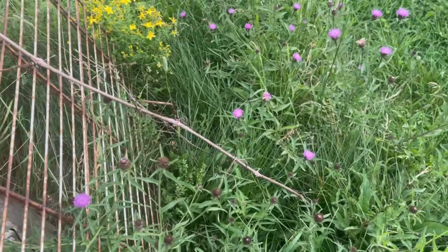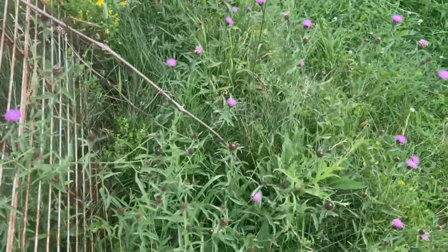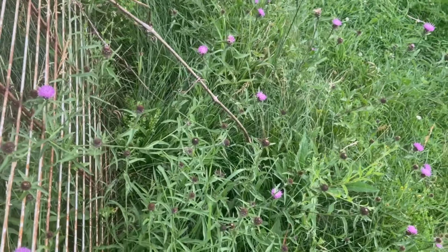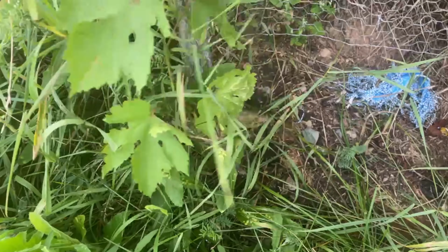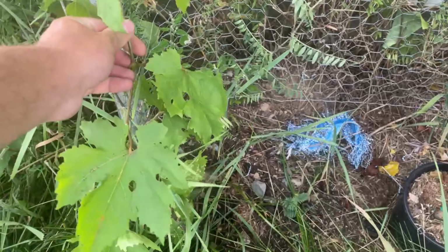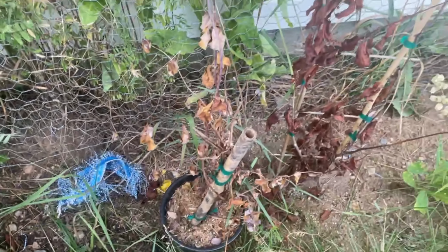Some cuttings are supposed to be able to grow right from the branch. You're supposed to be able to root them right in the soil. I have another grape plant here. I'm hoping that it's gonna climb. That's why this was there, but it doesn't want to climb. But anyway, these were